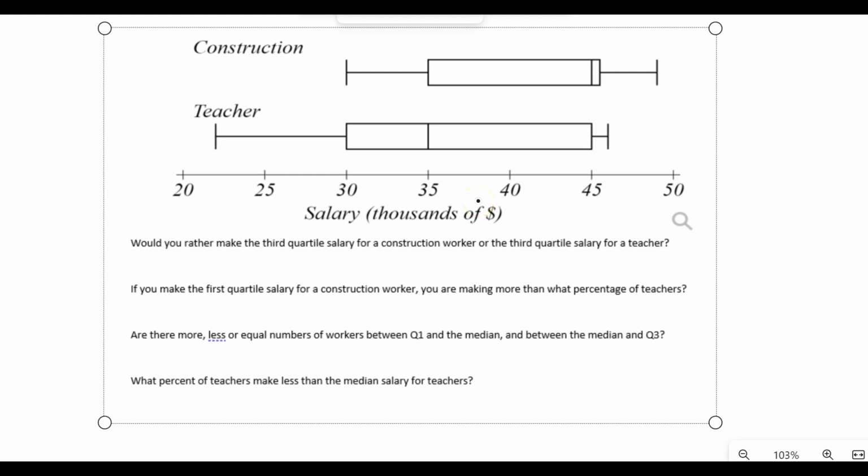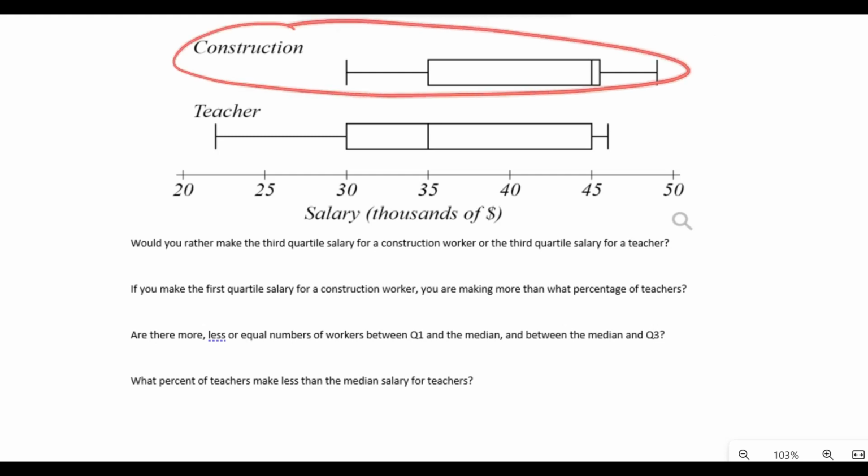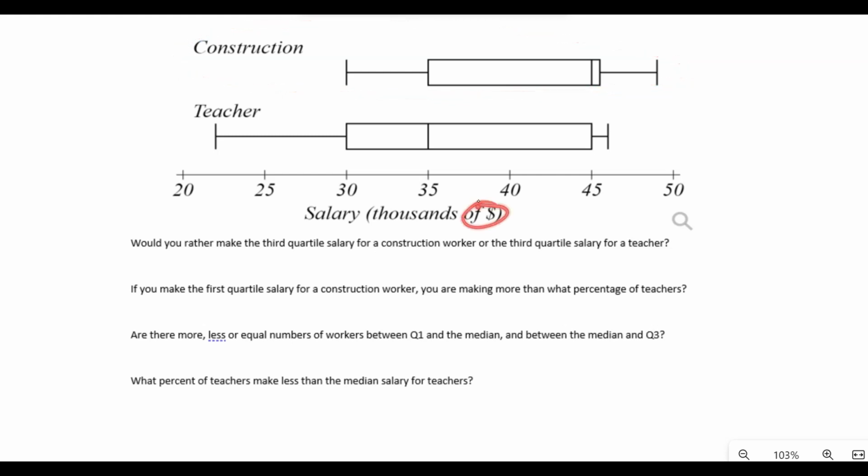Let's take a look at box and whisker plots and using them to compare data sets. In this case, we have a box and whisker plot for the construction average salary in thousands of dollars and for a teacher average salary in thousands of dollars. And here's some questions. Would you rather make the third quartile salary for a construction worker or the third quartile